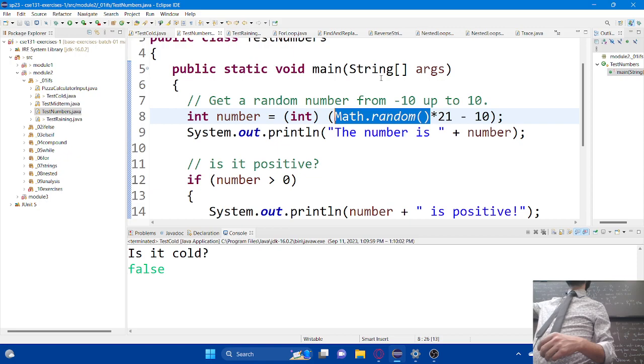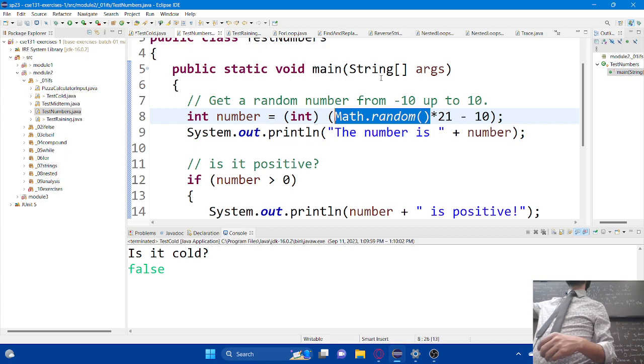Any other questions about random number generation before we switch back to if statements? Actually, if we want to wrap this up, I want to generalize this, right? If I want to get from low to high, if I have a lower bound to an upper bound, how can I do that? Well, it's going to be math.random.